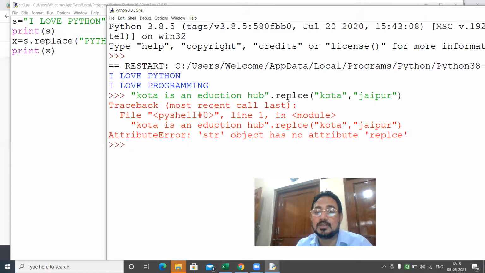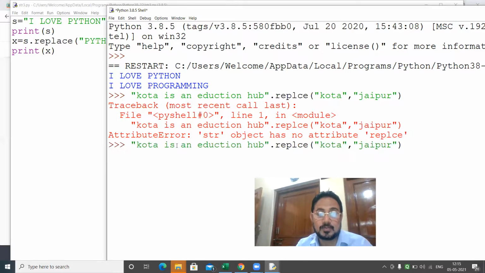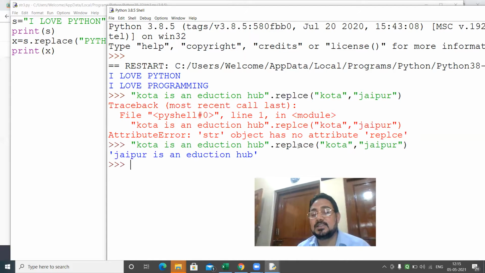Kota is an education. Spelling is wrong. I will copy this part. Replace. Present. The result is changed now. Jaipur is an educational hub.